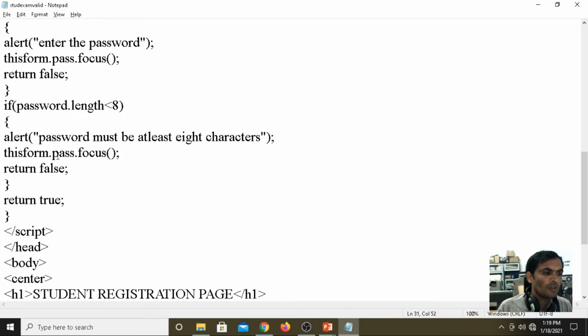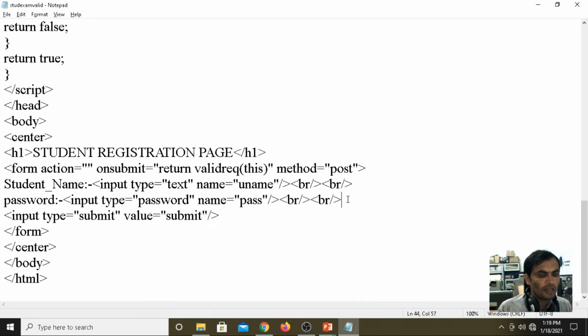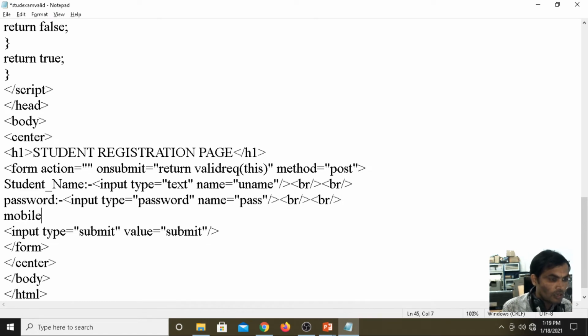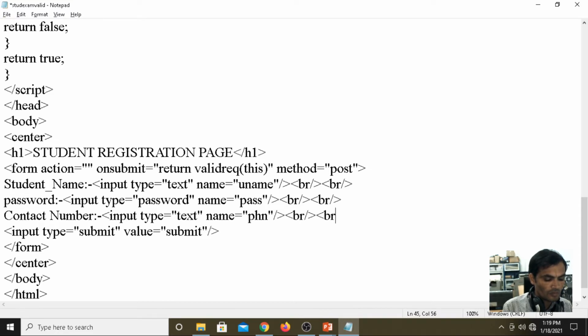Now if you are going for the mobile number or contact number, input type equals to text, the name equals to phone number.